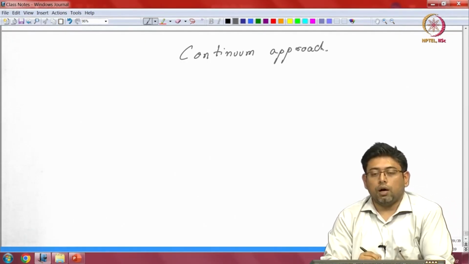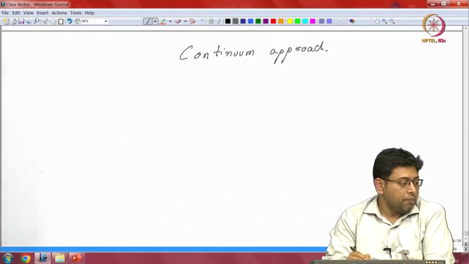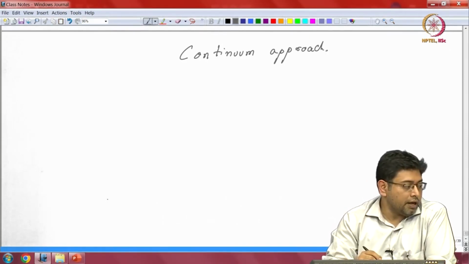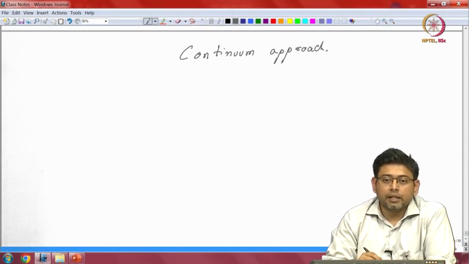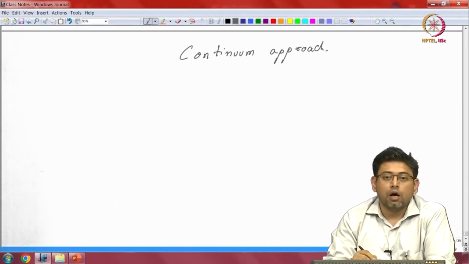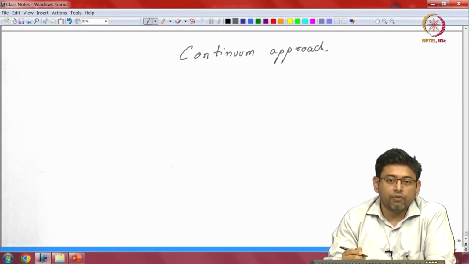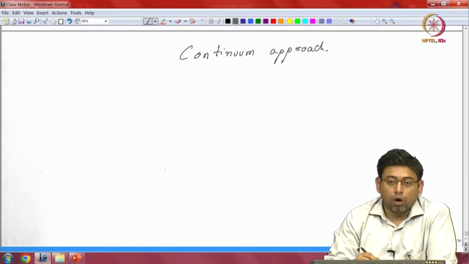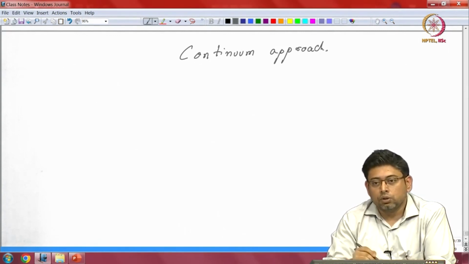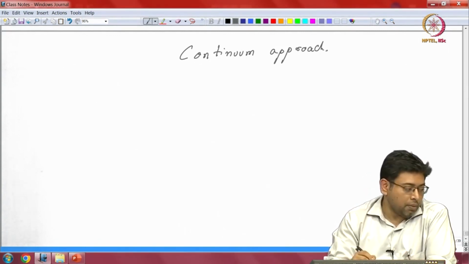Which is used, and in the continuum approach, basically the idea is that the fluid is in a way an extension of the idea of space, and basically in any neighborhood of any given point there exists a collection of an uncountably infinite number of points. So